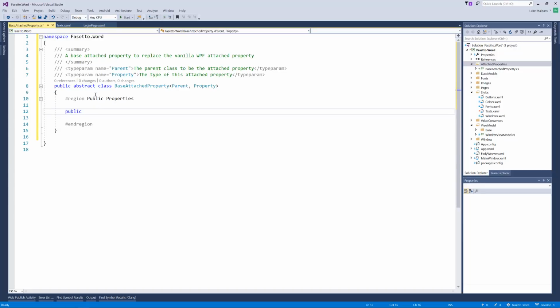And we'll need an instance because, as you saw with the other attached properties, everything was static. So the set value was static, the get value was static, the property itself was static, whereas we're creating a class that's not static. So we need a way to access the class itself, and this is through a singleton. So it's just a single instance that will always be this type, or the type of the parent in this